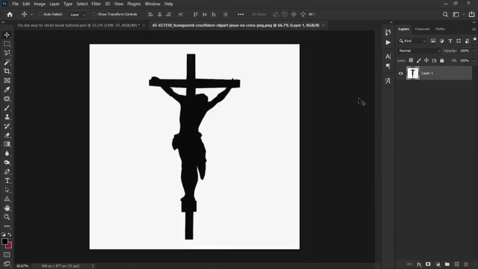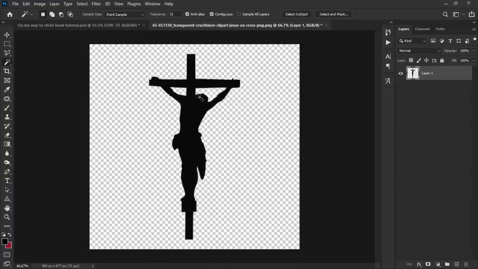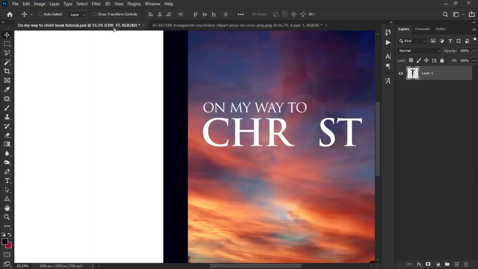Now what we're going to do is get rid of the backgrounds over here, so we can go for the quick selection tool or the magic wand selection tool, and then make a selection over here, and we're going to get rid of that. So we press Ctrl D after the selection,